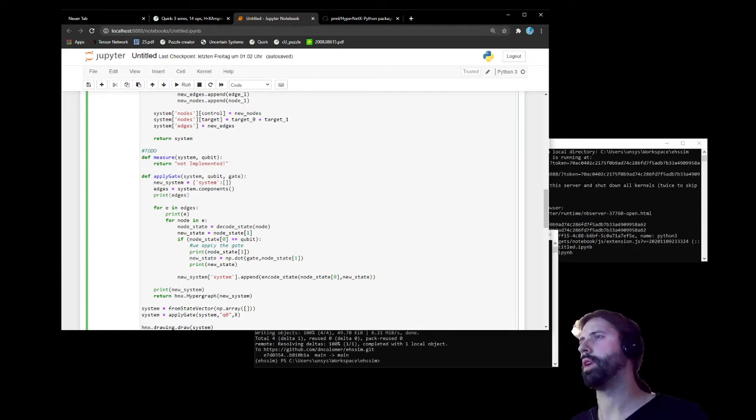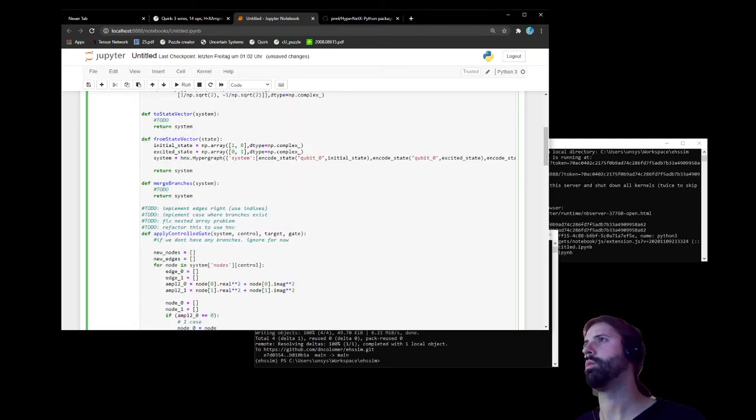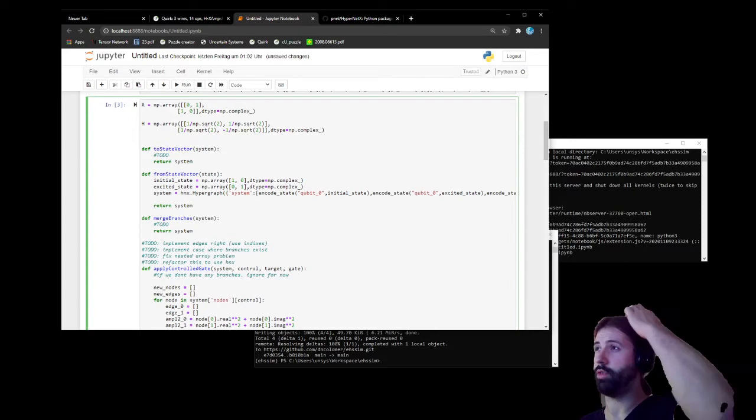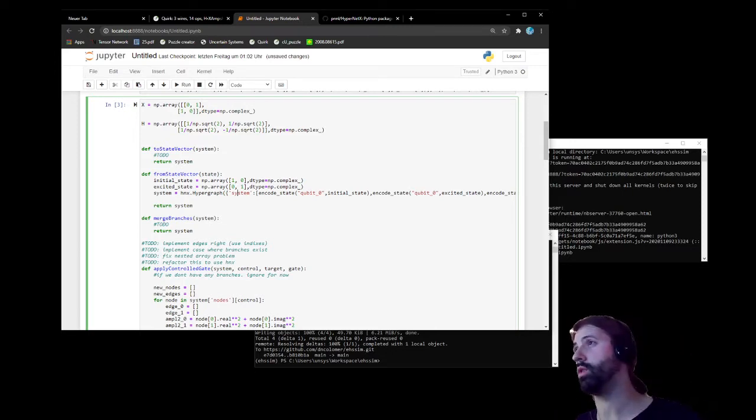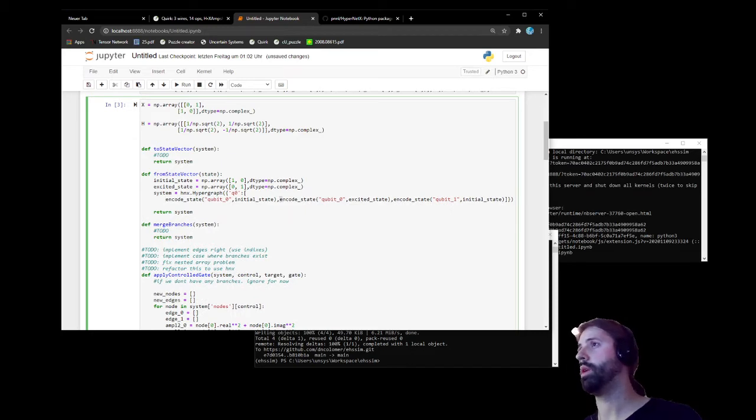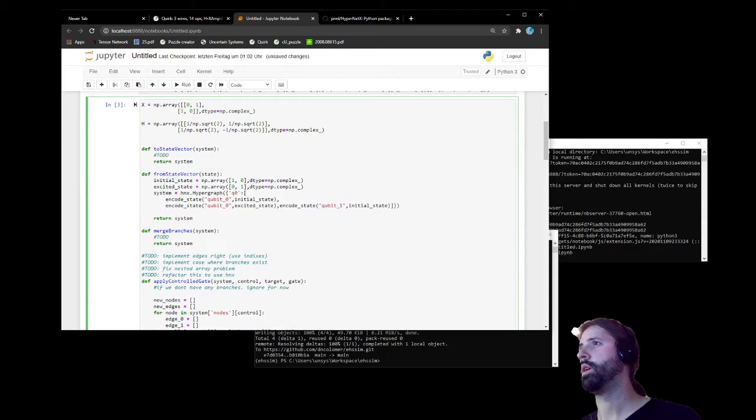So I need to refactor these. So we have a system here. New system is just empty. I really don't like, I don't care how many qubits we have, right? So let me just do these. So actually from state, because I'm using these to start the whole thing. So there's going to be Q0, and then we have one vector that's going to be more readable, one state, and then I want to have the state and